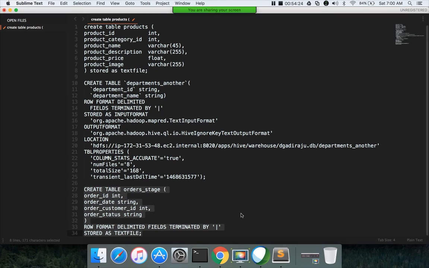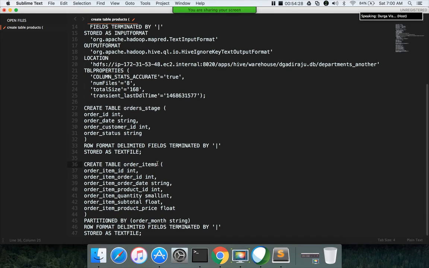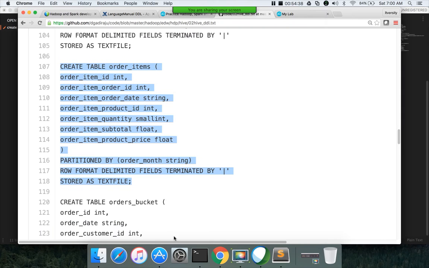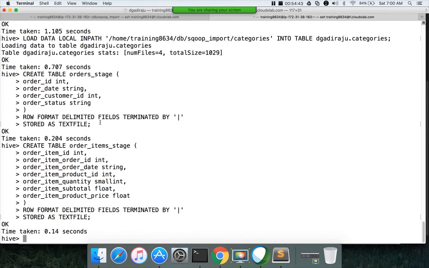We want to create a stage table for order items here, because these two are partitioned and we cannot directly use the load command to load into these tables. So here I am using this command to create stage table for order items and hit enter. Now we have both the stage tables.